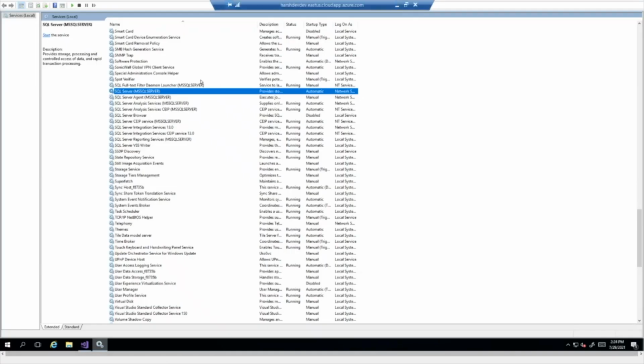This is what can happen in 0.01% of scenarios, where you may experience a few milliseconds or a few seconds of SQL transient issue. So I have stopped it, and now let me restart the service so it comes back.